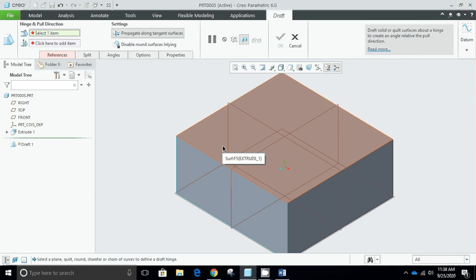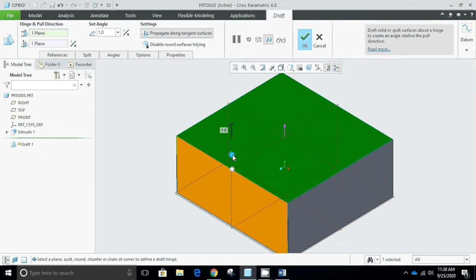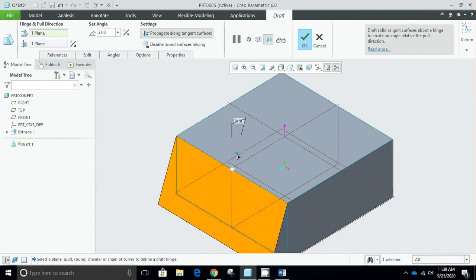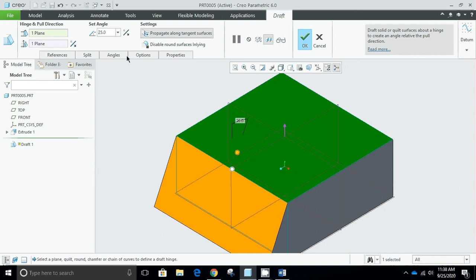Then press this button, this surface as a hinge, and then the angle can be given either in the inward direction, where material will be removed, or in the outward direction, where material will be added, and the angle can be given from here as well. So 25.